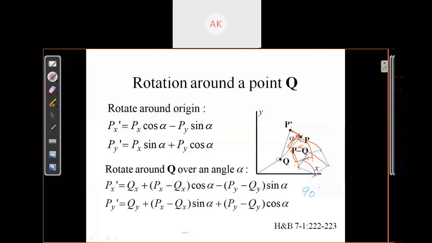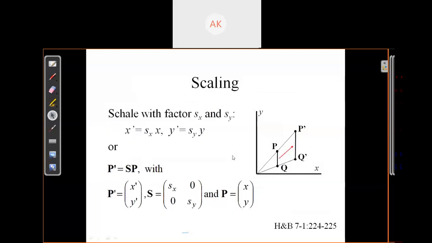Okay, then you will redraw this object at the rotated position. This kind of transformation we call a rigid body transformation, which means in this case our object is not deformed, the shape is not changed. The next transformation is scaling. In scaling, the transformation alters the size of the object, which means the size may grow or shrink, maximize or minimize.